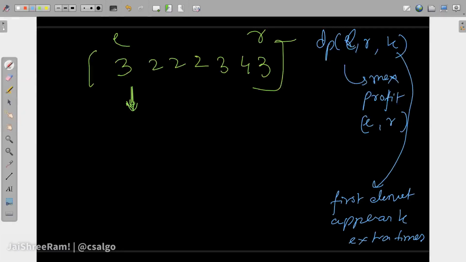Let me explain what this is. So basically now this dp of L, R, K is going to be equal to the max profit that you can get from the range L to R, such that initially there were K extra elements of the first in the beginning. Okay, so initially over here there is no extra. Now let's say I decide that I will merge this 3 with this 3. So in that case I can delete this range, and that is going to cost me, let's say,